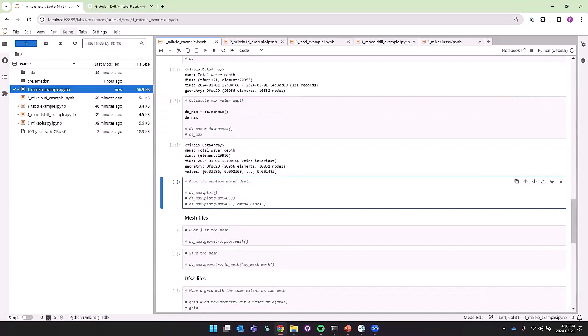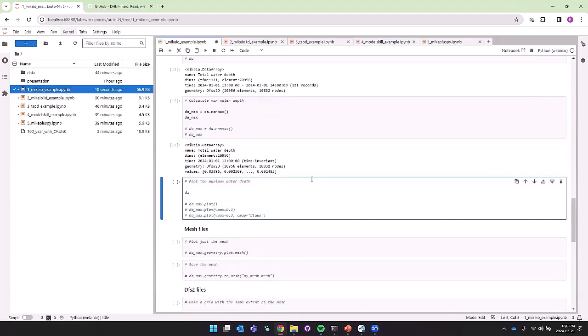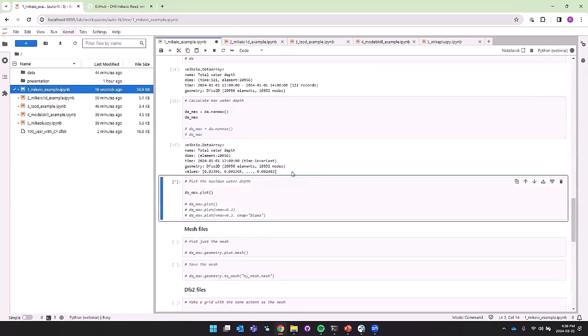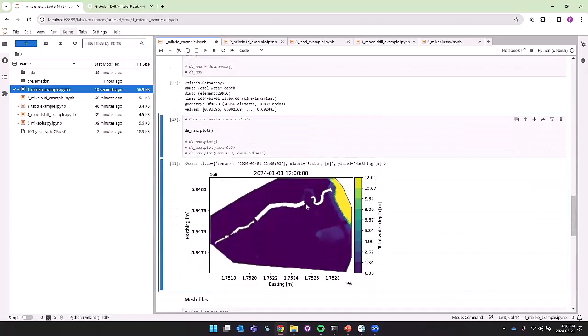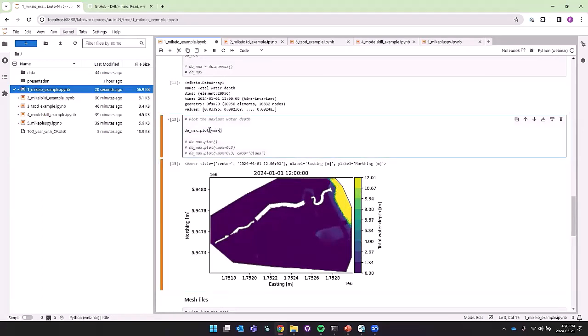Now we've calculated this. We want to get a plot. So we'd say, hey, let's plot our data array. So we get our mesh. We have the scale here, so it's very skewed. So we can change the color bar to have a maximum of 0.3 instead of 12.